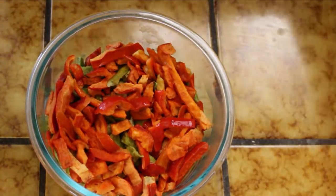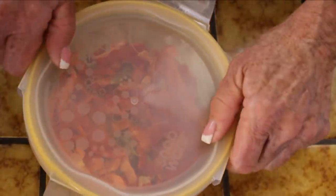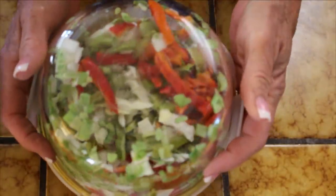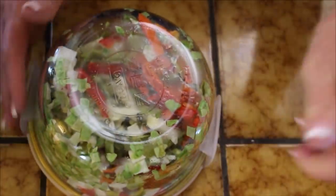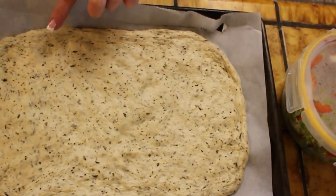So about a tablespoon, maybe 2 tablespoons of water. Put a lid on it and shake it up. And let the water kind of get all mixed up, okay? And we'll be back. Okay guys, so this pizza dough is a garlic and herb